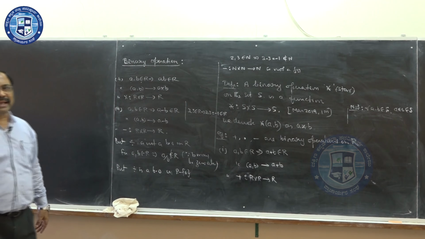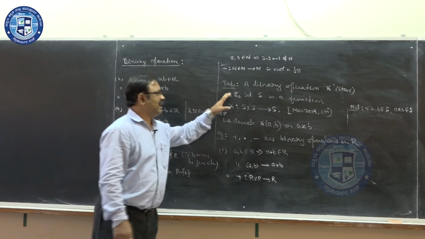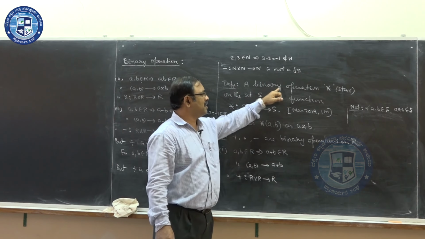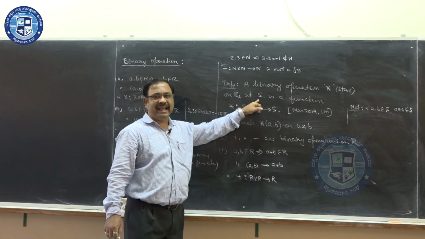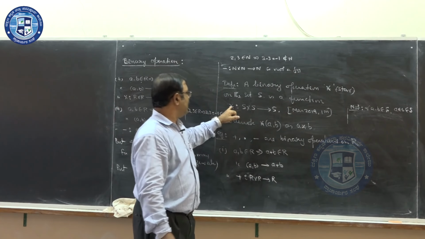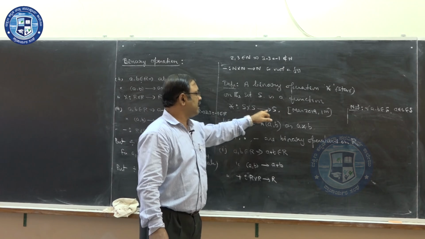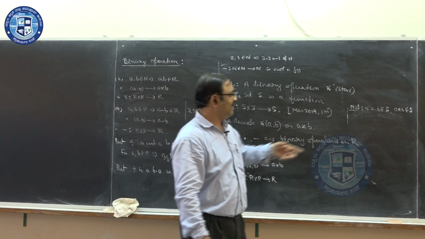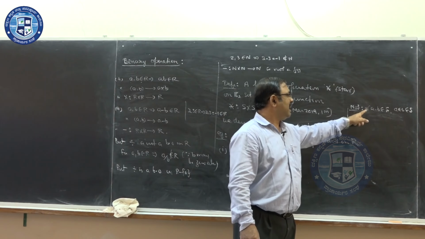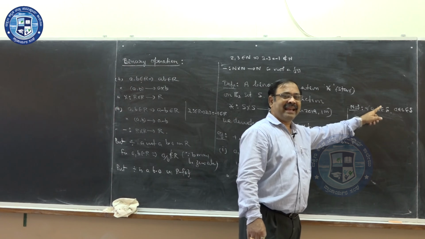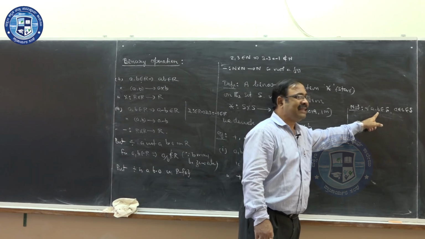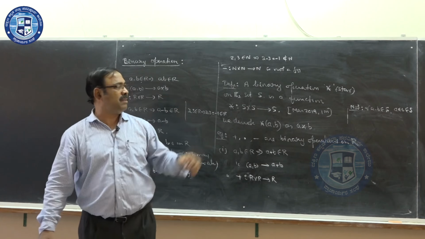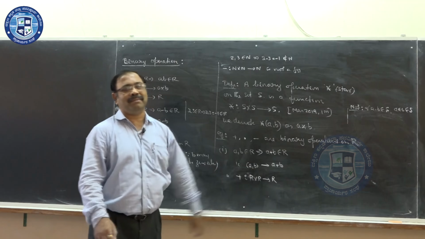So, have you understood this binary operation? What is the general definition for binary operation? A binary operation star on the set S is a function star from S cross S to S. But how do we understand it in our own way? Binary operation means A, B belonging to the given set, then its association with that operation should also belong to S. A, B belongs to S means A star B belongs to S.